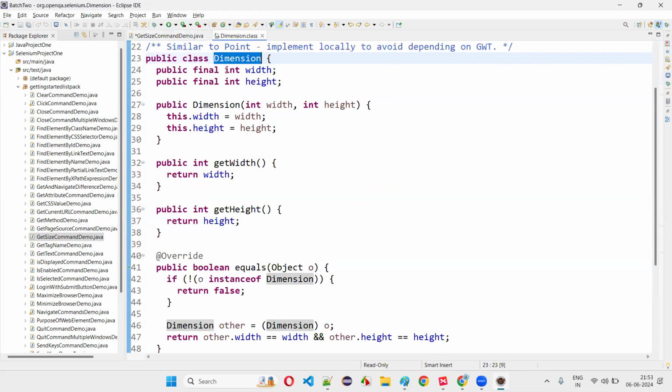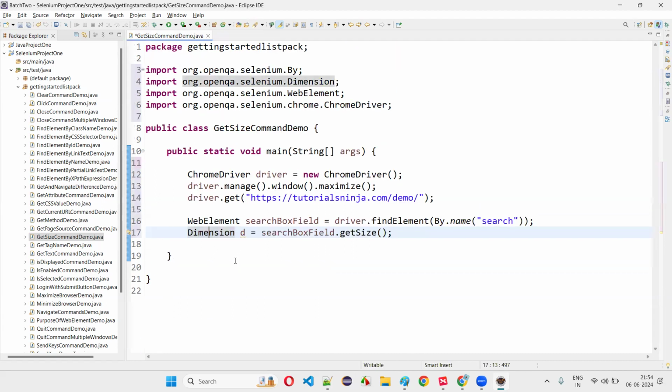Let's find out what Dimension is. Is Dimension a class or interface here, guys? Tell me. Is Dimension a predefined class or interface? It's a predefined class of the Selenium library. Dimension is a predefined class of the Selenium library, and using the object reference of the class,